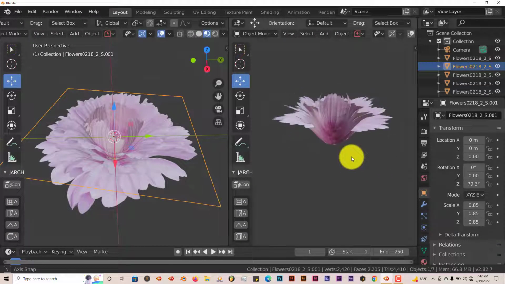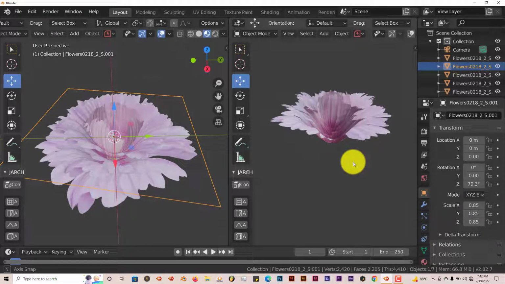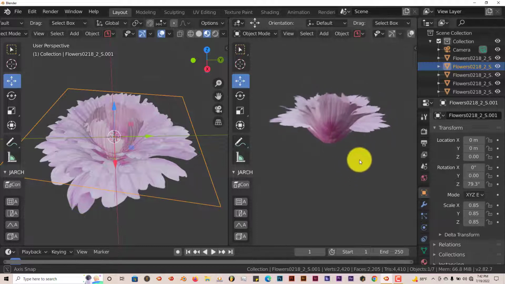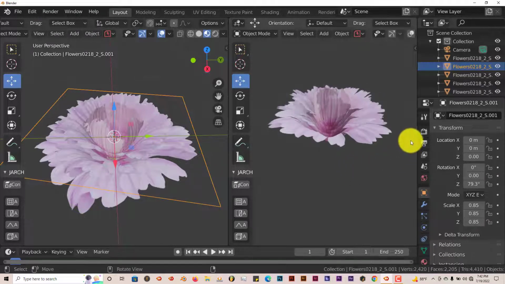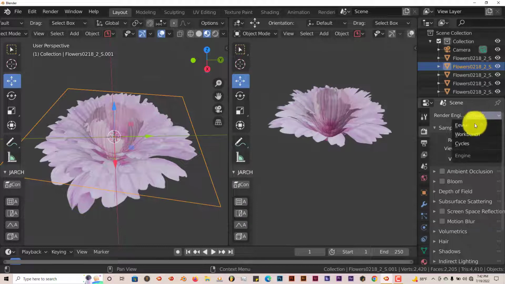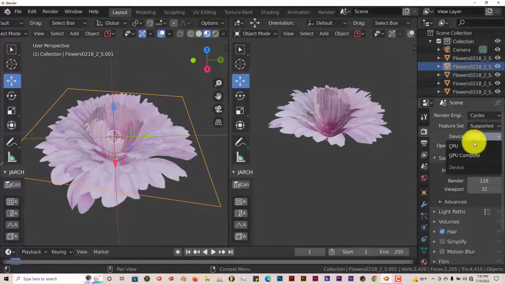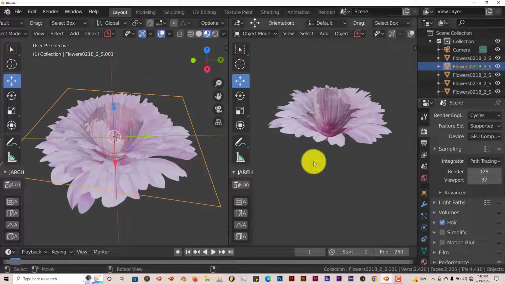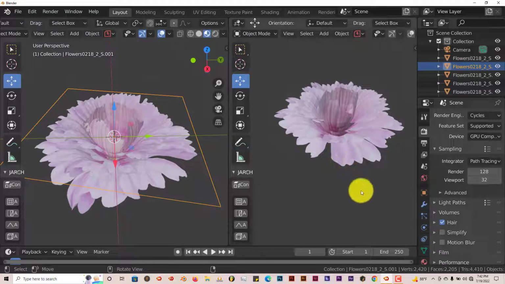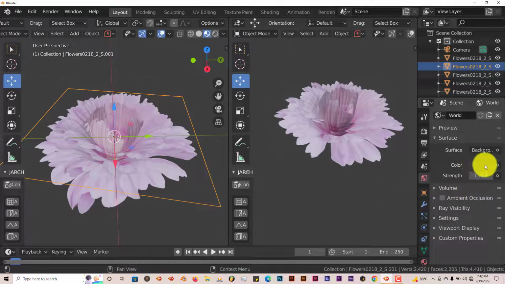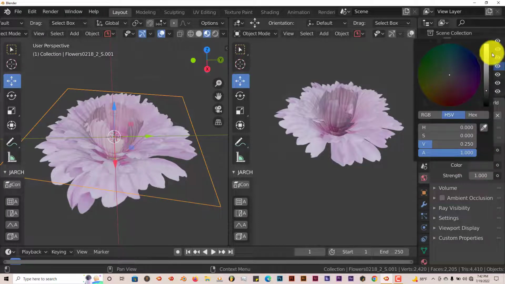and tab. Now the way this looks, this is in Eevee, but we want to have a better representation of this. It looks better in Cycles. So we're going to go to our render properties, left click on that, turn this from Eevee to Cycles, and turn on the GPU compute. And we're going to have a white background so we can see it a little bit better in our viewport. Left click on the world icon there, and then this box that says color, left click in that, and turn your background world color from gray